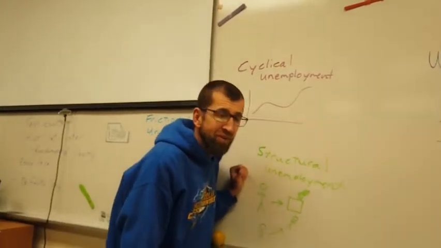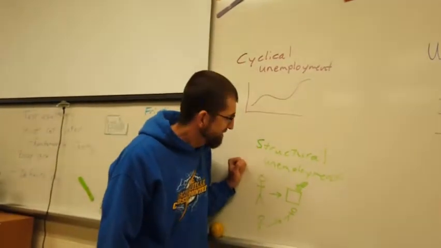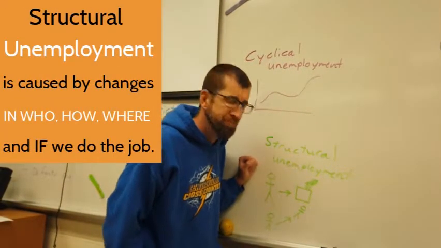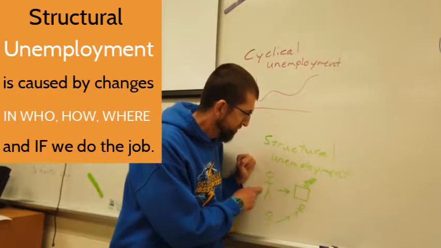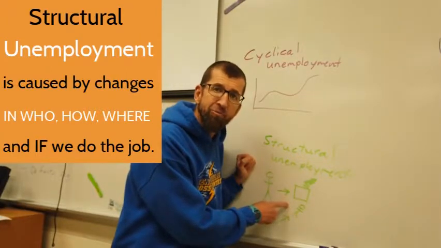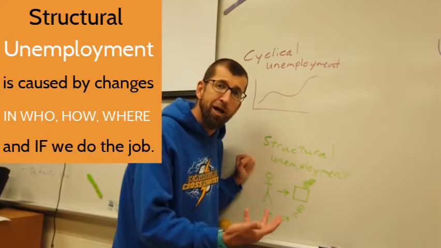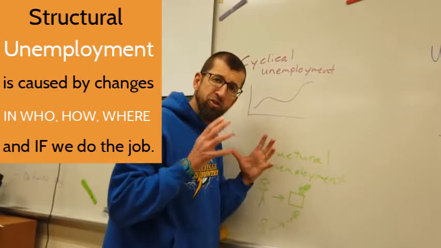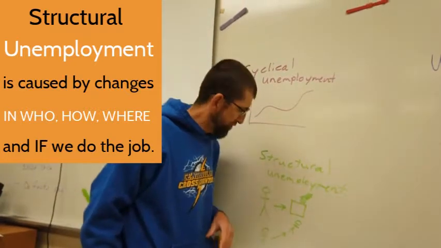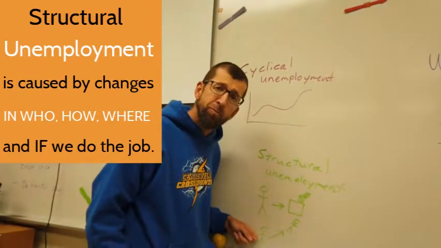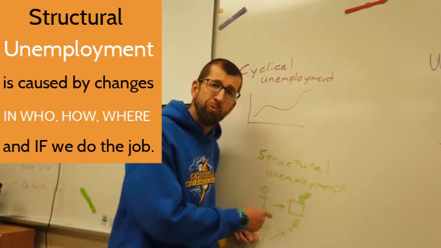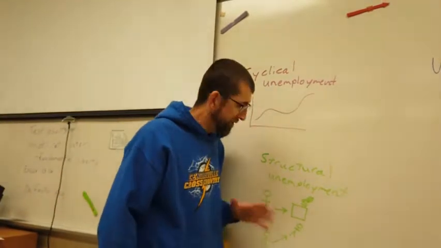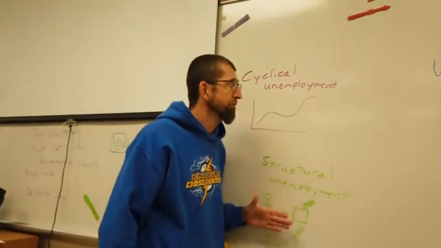The third one down here is structural unemployment. Structural unemployment is when the way we do the job changes. And so in this case, the person gets replaced by a machine. And we find that that sometimes happens. And so then that job no longer exists. That person is structurally unemployed because the structure, the way the economy is put together, changes. Sometimes the person loses their job because they get replaced by a person in another area. Say the job gets shipped off to another country, then that person would be structurally unemployed.